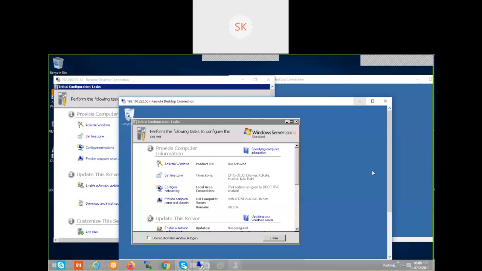Are we not able to ping the gateway either, or are we able to ping it? If you are able to ping the gateway, then there is no network issue. If I am not able to reach the gateway also, then we need to escalate immediately to the network administrator. For example, if I am able to ping the server but still not able to perform a remote desktop connection, then what is the option?